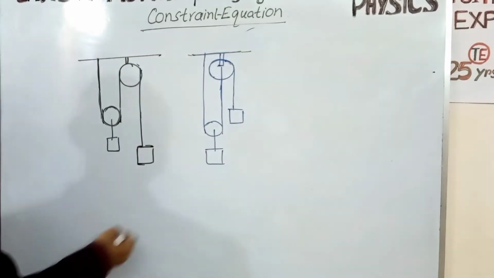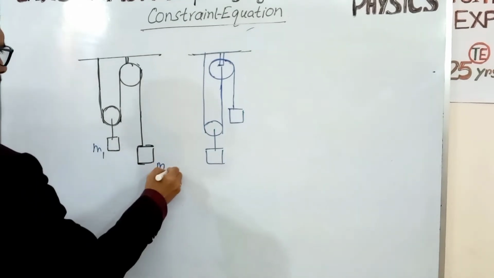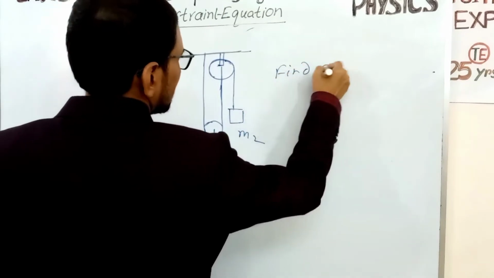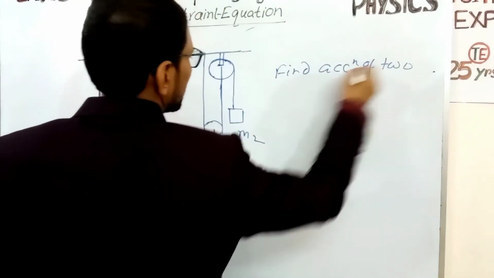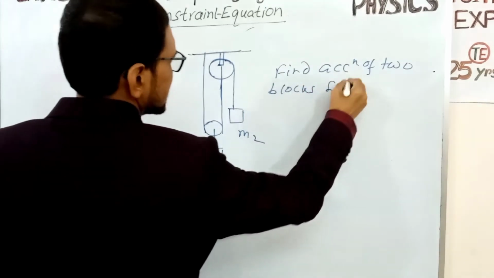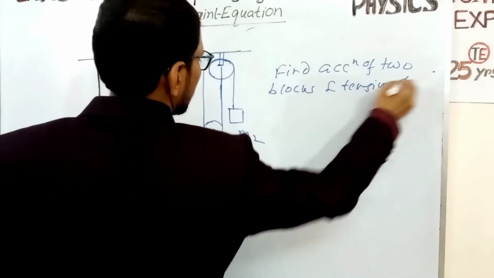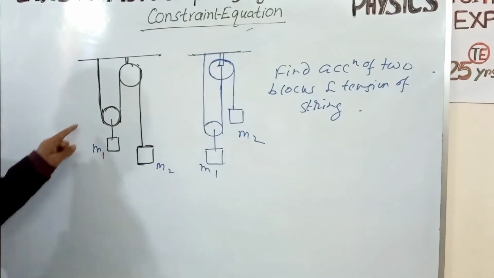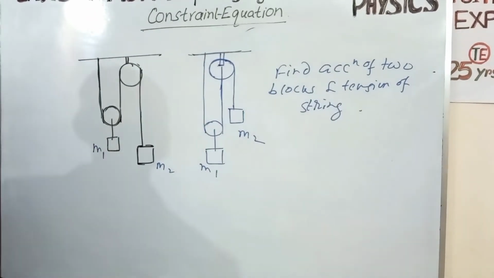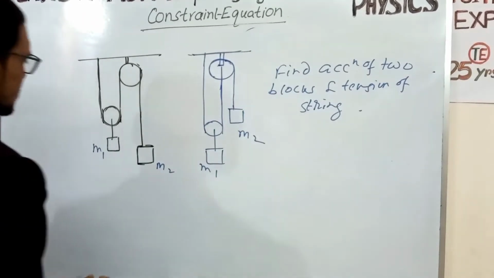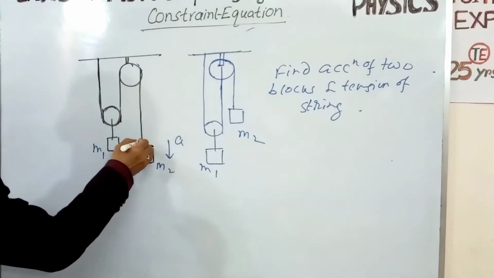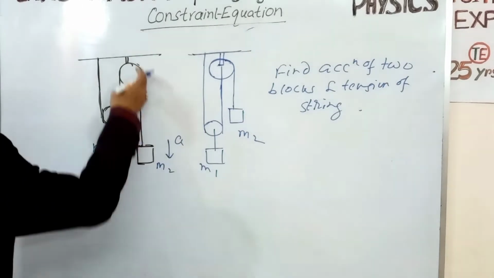This is the system of two blocks, m1 and m2. Find the acceleration of the two blocks and the tension of the string. So for this system, what is the acceleration of the two blocks and the tension of the string? Now if we write the constraint equation, suppose these blocks move in this direction, here the acceleration is not the same,